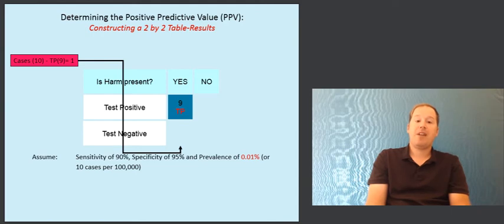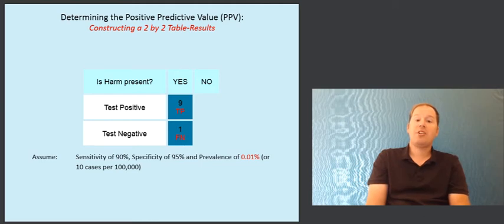But the converse of that is that of the 10 people tested who have the condition, 9 tested positive. That means 1 did not test positive, 1 tested negative. So we will actually get 1 false negative result. That is a person who has the disease or condition who tests negative incorrectly. So there's 1 false negative and 9 true positives in this test, given a background rate of 10 cases out of 100,000 prevalence. Well, what about the other results?